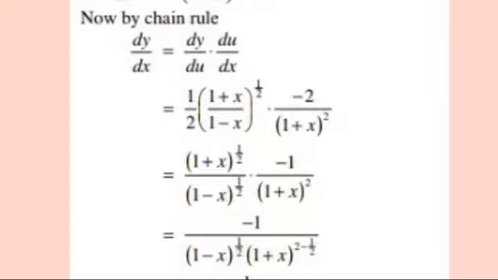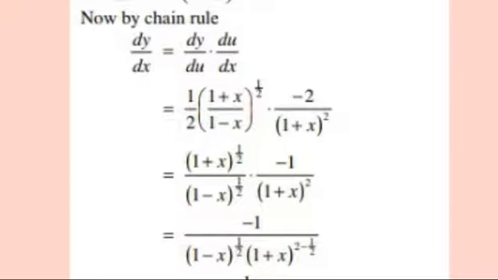So now simple calculation. This 2 is cancelled out with this numerator 2. Okay. 1 plus x power 1 by 2 is written separately, 1 minus x power 1 by 2 is written separately, while here left behind is minus 1 written here and 1 plus x whole square written as it is.